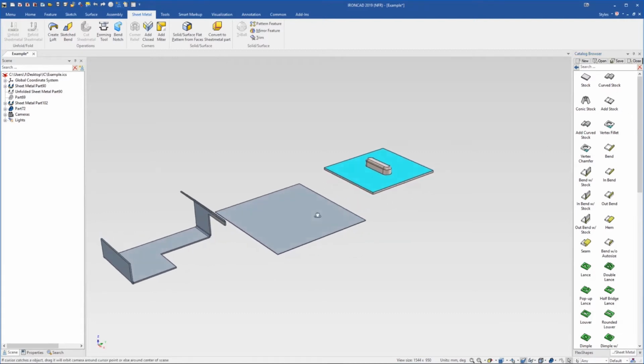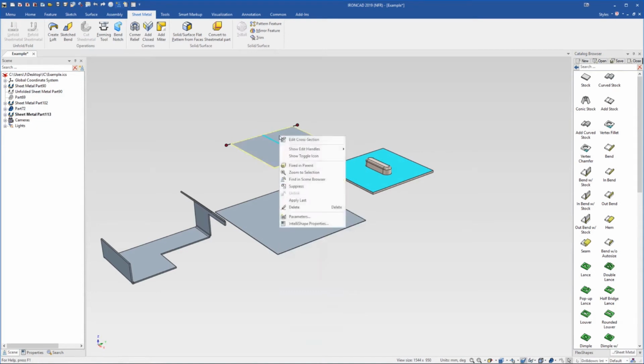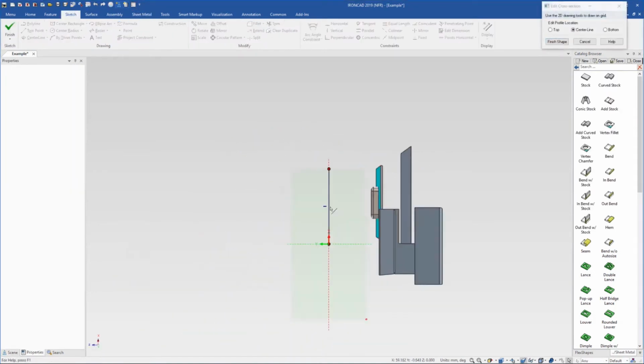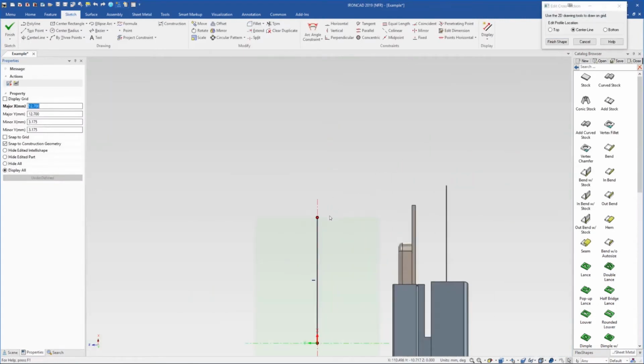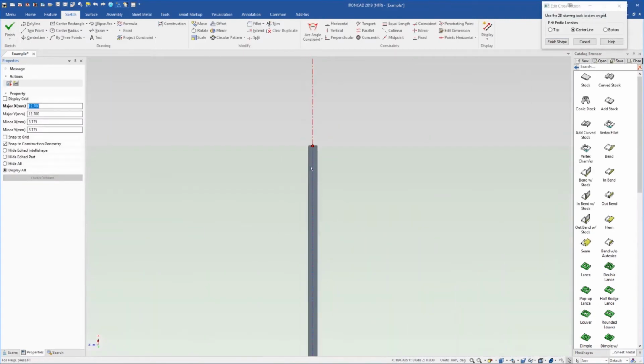If you have a complex curve that you need to create out of sheet metal, we can drag out the curved stock and then right-click on the curved stock IntelliShape when it's yellow, so double-click down to there, and then edit the cross-section. And you can see this cross-section is currently a straight line. We can actually customize this to be any shape we like. So for example, if we need this to be